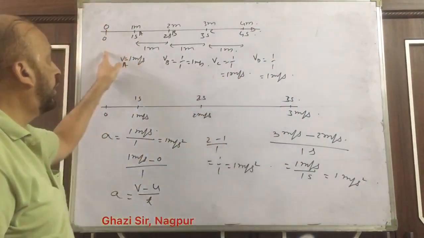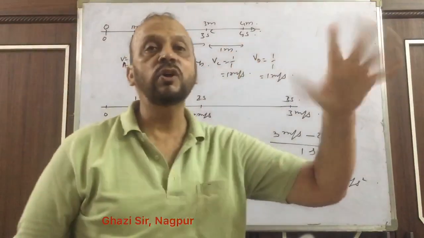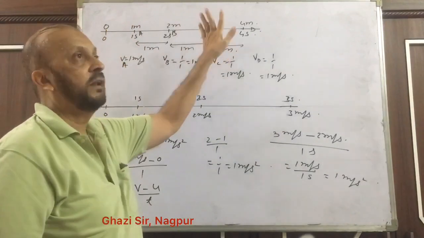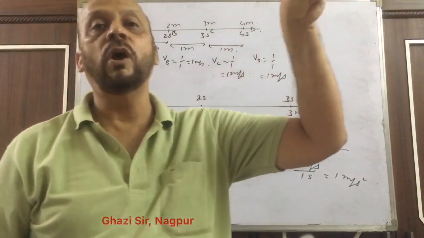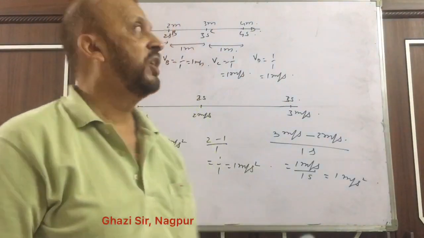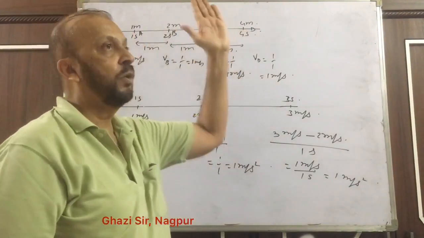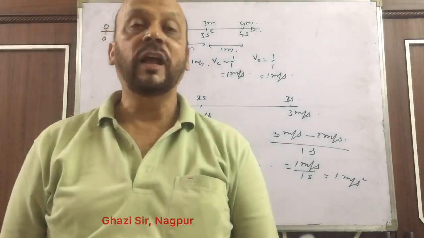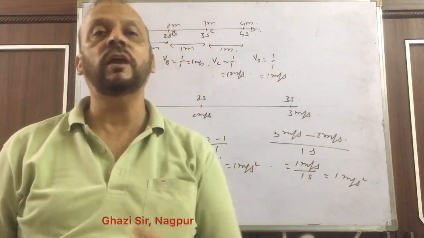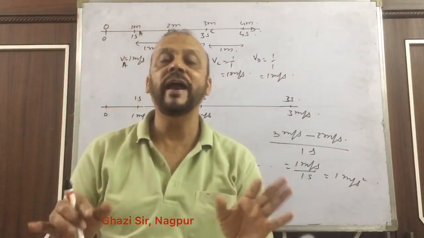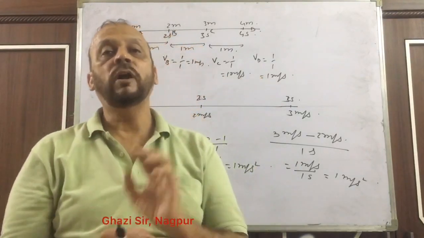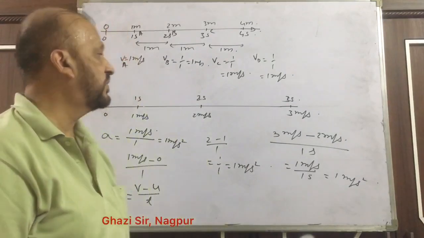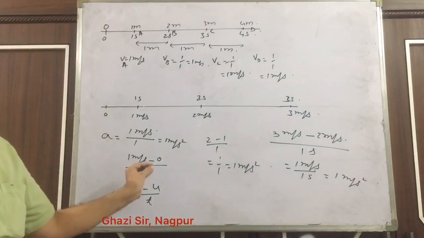In this case acceleration was 0 because velocity is not changing at all. So if acceleration is 0, then that is called uniform velocity. When body is moving in a straight line without changing the speed, that is called uniform velocity. तो अगर velocity uniform में change नहीं हो रही है तो acceleration नहीं आएगा. Acceleration will be 0. Body is not changing its velocity at all because formula for acceleration is rate of change